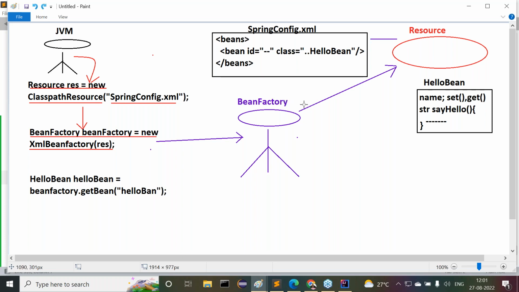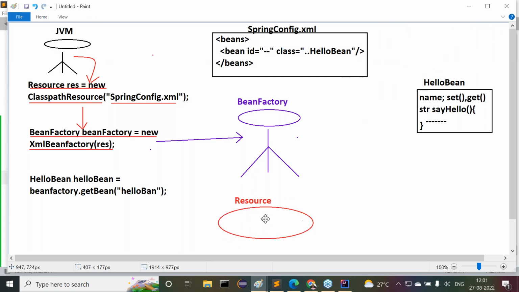One minute guys, let me redraw this diagram a little bit. Everything is right, but I want to give more clarity. Here the resource object is created. Then first of all, the container, that means the bean factory, will take the Spring configuration file name and location from this resource object. Then it will identify spring config.xml in the specified location. First of all, it will check whether the Spring configuration file exists or not. If it does not exist, we get a file not found exception. If it exists, then it will perform